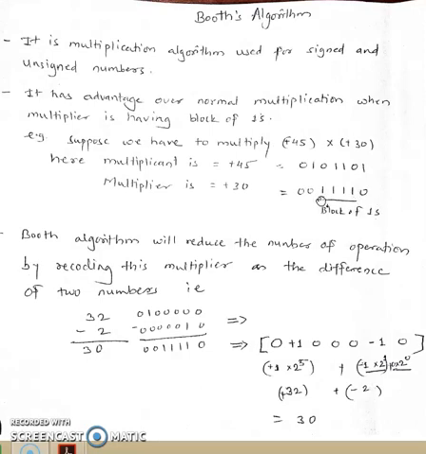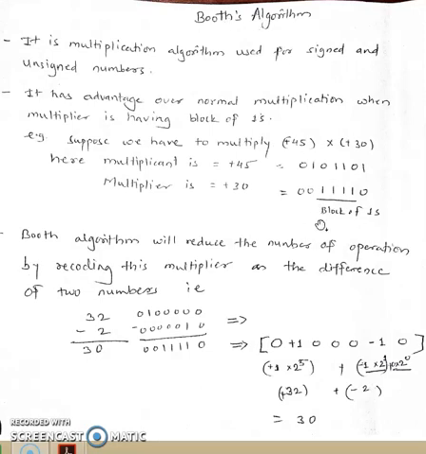These four ones are called a block of ones. These four ones are coming consecutively, so this forms one block, called a block of ones. Booth suggests that this algorithm is useful when we have such an arrangement of ones. So if we have such ones, then we go for Booth's multiplication.